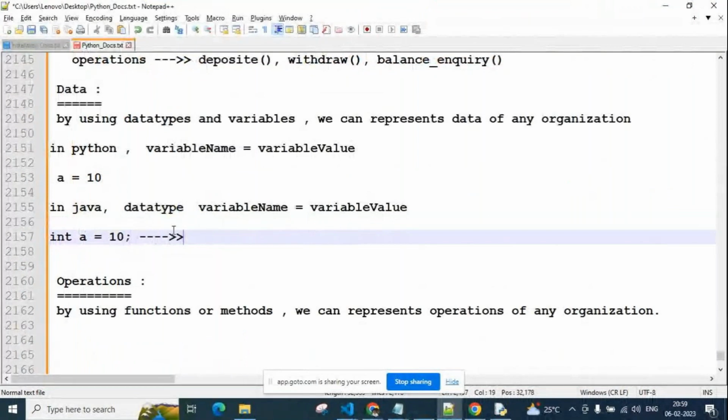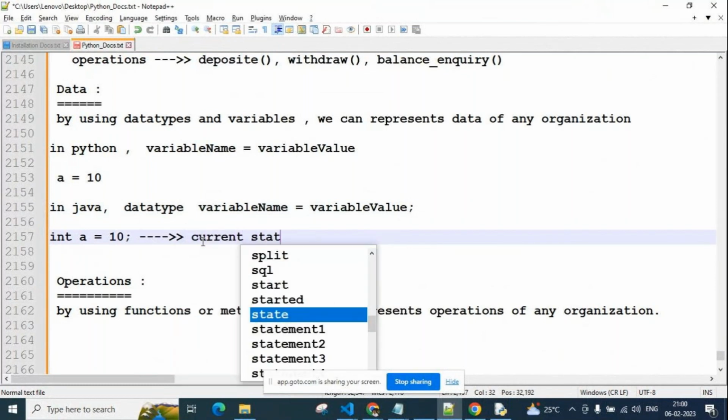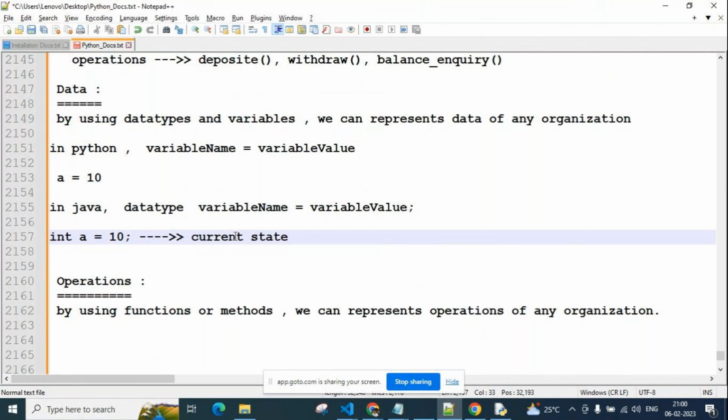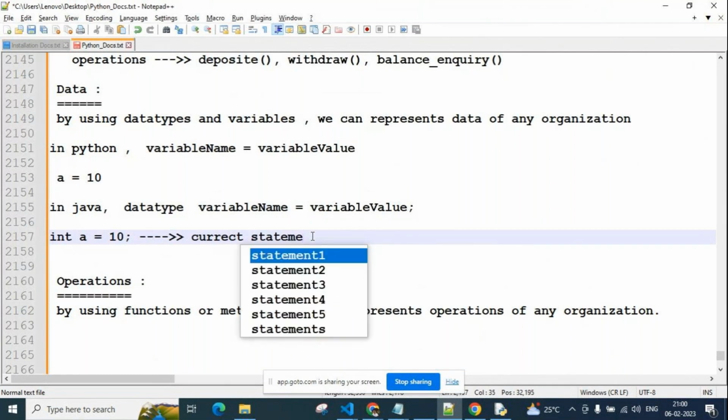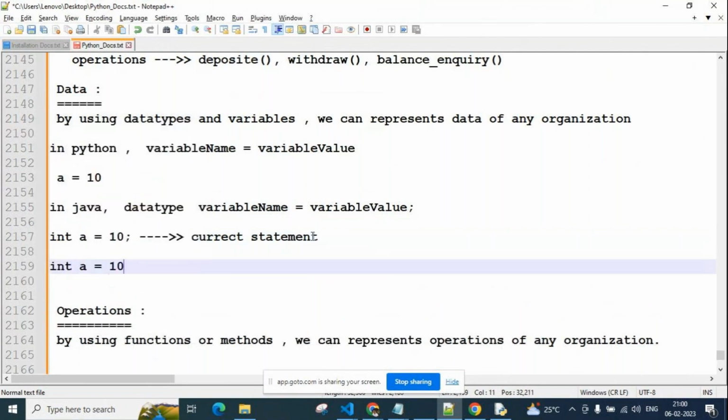And here the semicolon is also important. This one is a correct statement. Now here, int a = 10.50. This is a float value.